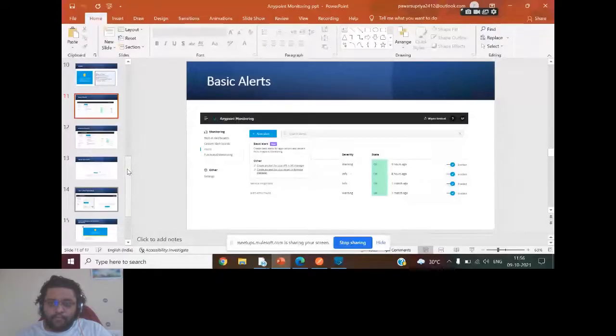Hope everybody is able to see my screen. First of all, about monitoring and alerts, which is available in Anypoint Monitoring, as you have learned from Sanjana, most of the things are based on access. Even if you have a platinum access, not necessarily this particular option will be available to all of you. Sometimes it is your platform architect who decides who should have the access, but it totally depends on what the business requirement is.